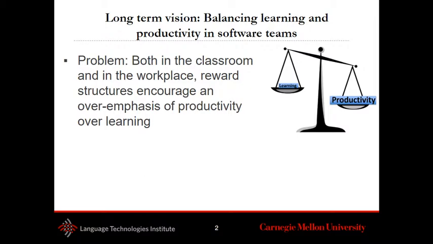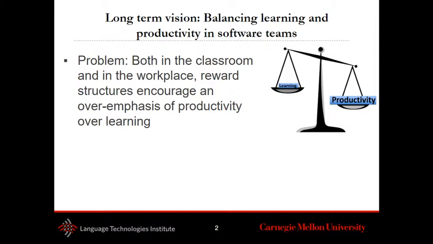Now, you'll notice that the studies we'll talk about have all taken place in project courses in a formal learning setting. And the reason why we're doing our research in this context with the long-term goal of injecting into industry is because we see actually a similar challenge. In industry, the focus is on productivity, but we want to inject the opportunity for people to learn because there's a problem now with people being able to keep up with the rapid pace at which the landscape of work is changing.